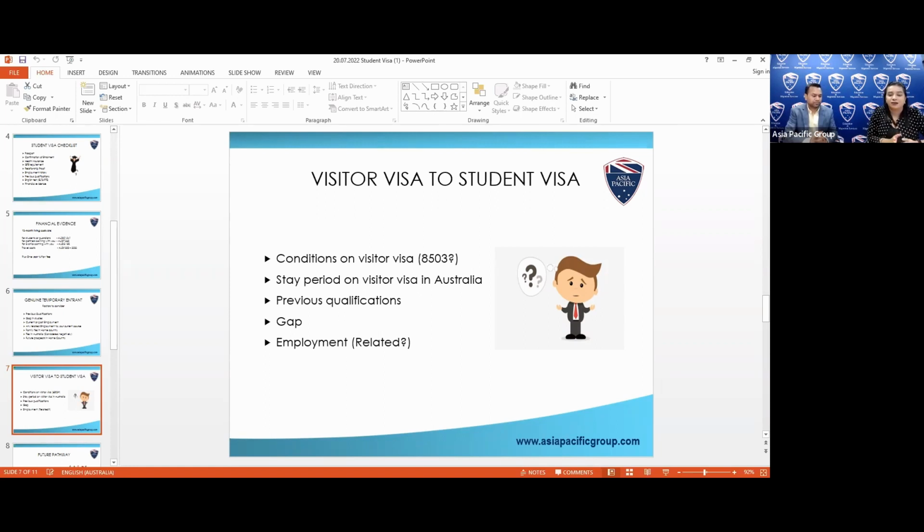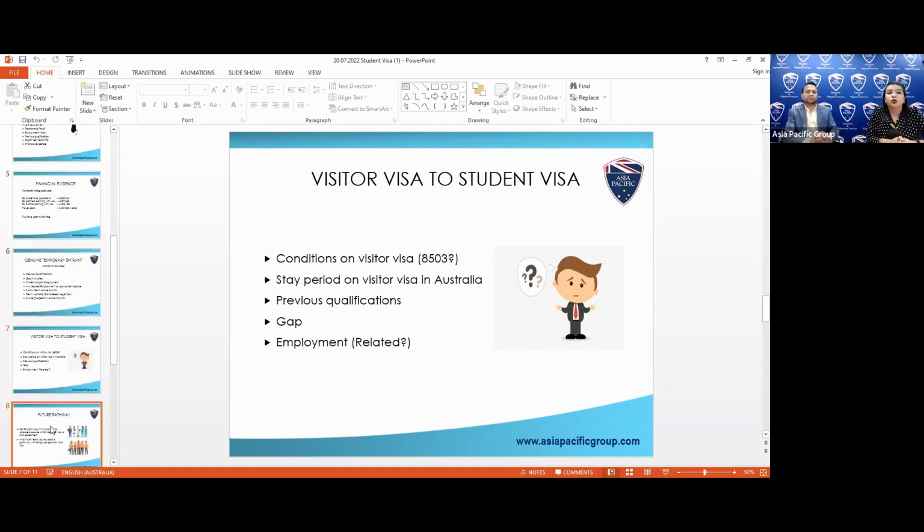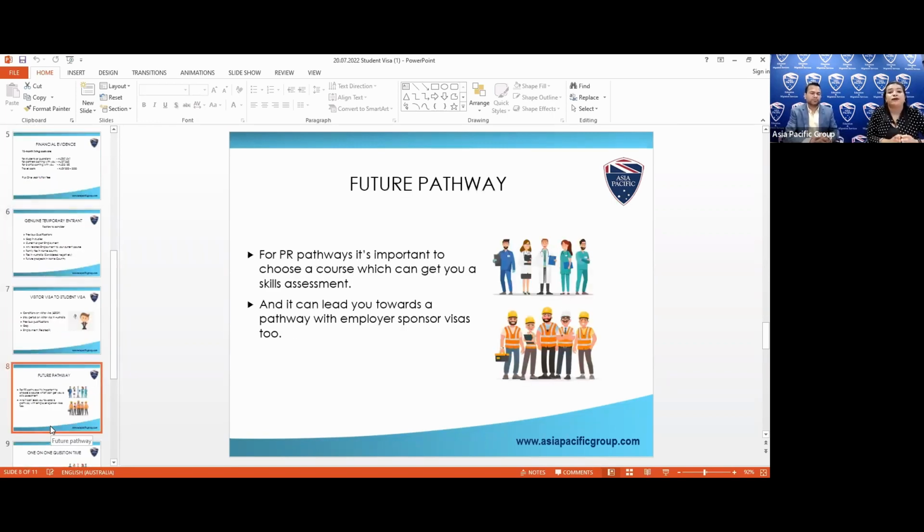These are the same things which apply to any other applicant, which is a part of GT also. Because I think there is a lot of rumor that if you are onshore, you can do whatever you want. No, it doesn't work in that way. Again, the visa officer wants you to show that you are a genuine student. If you have gaps, we need evidence to support that gap. If you have employment, we need evidence to support your employment, and just a letter will not work. We need all the evidence to support your application, so that you are going the right way, which gives you a future pathway if you plan to stay here for a long time.